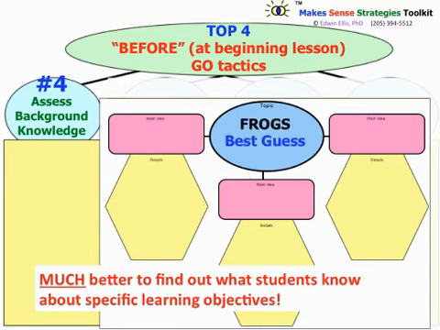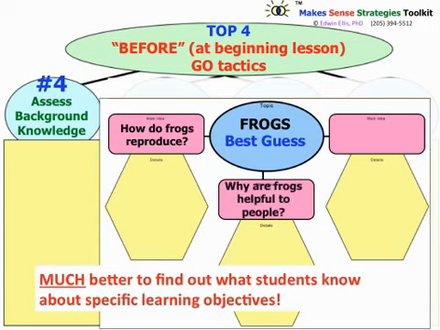So for an example, we'll do something on frogs, and we're going to have students share what they know about frogs in terms of what's their best guess. And so for example, how do frogs reproduce? Why are frogs helpful to people? Or why are some frogs dangerous? Those reflect the key learning objectives of my lesson, and now I can find out what they really know about